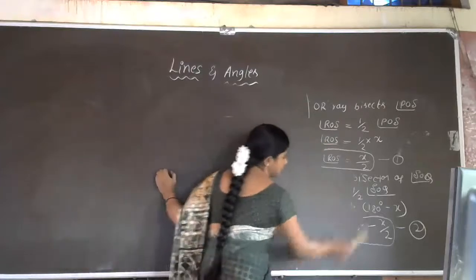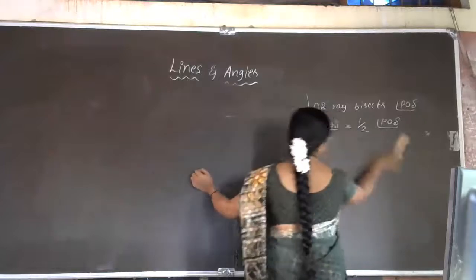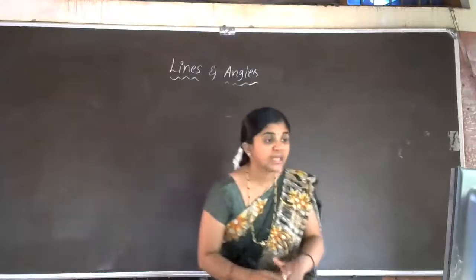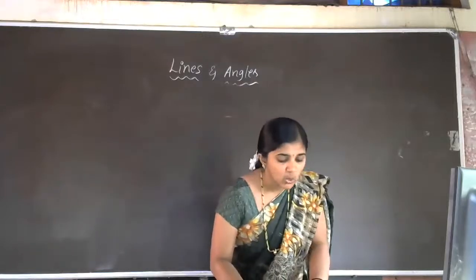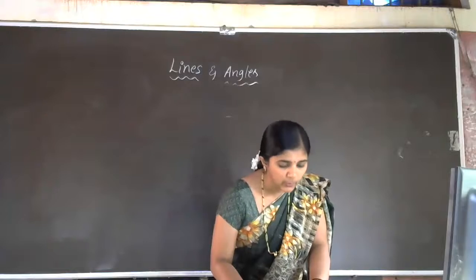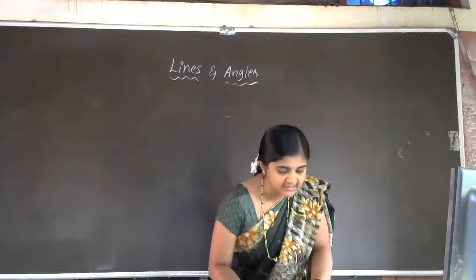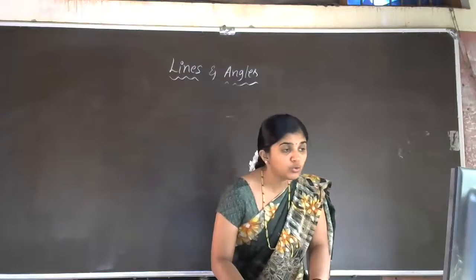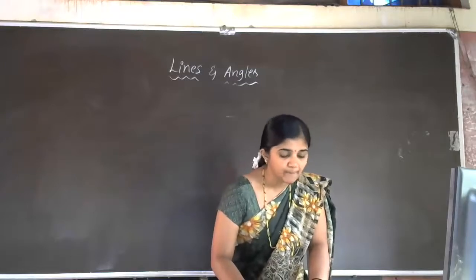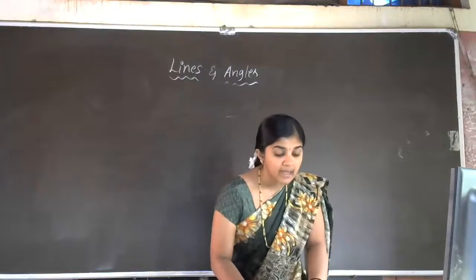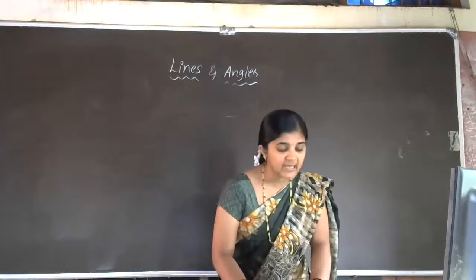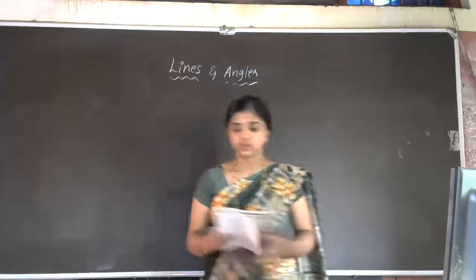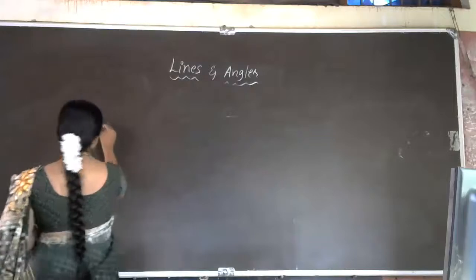Yes. Are you all observing the last problem, example 3? Just look at the textbook. What is there in the question? I'll read the question. In the figure, OP, OQ, OR and OS are 4 rays. Prove that angle POQ plus angle QOR plus angle SOR plus angle POS is equal to 360 degrees. The diagram is given in the question only.